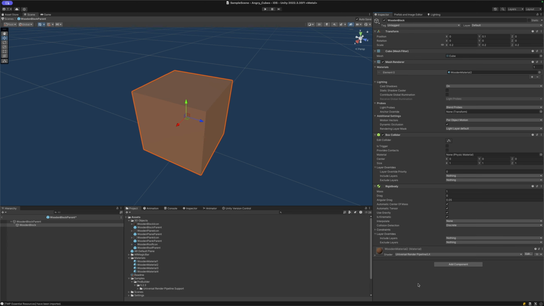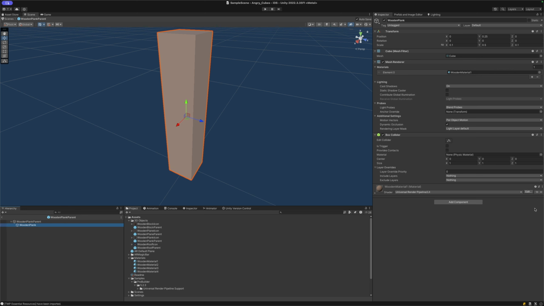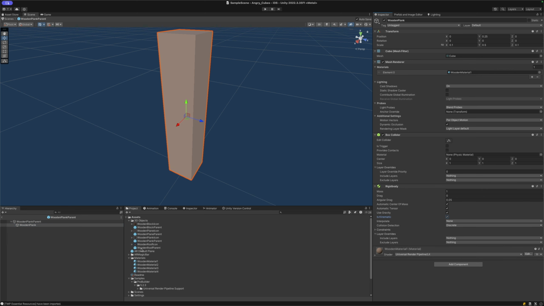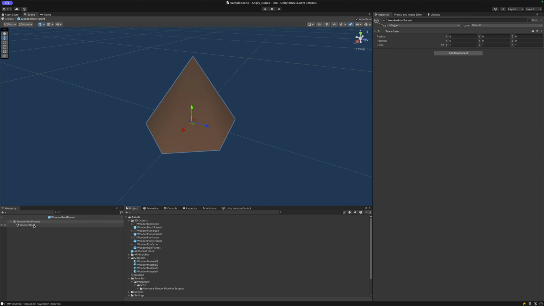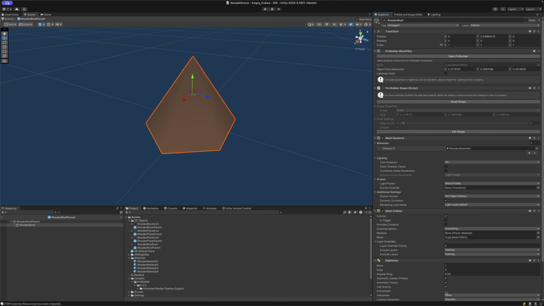So wooden plane, add the rigid body, set it to kinematic. Then the wooden plank, click on it, set it rigid body, set it to kinematic, and finally the wooden roof. And we'll also want to set this actually to a convex mesh collider. This has something to do with it not being a standard shape, but this is not something we need to worry about. Just make sure that it's set to convex, and then also add a rigid body and make it